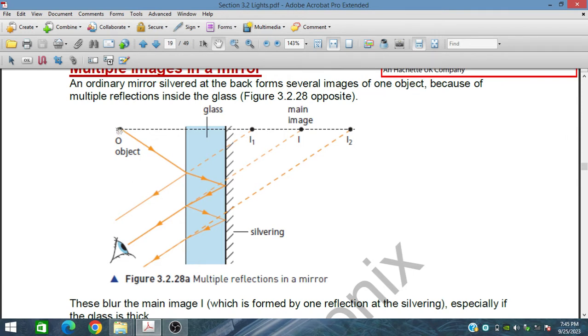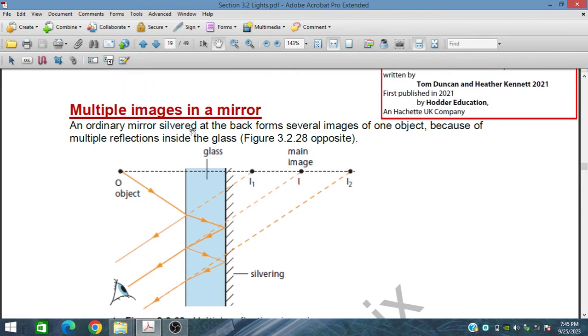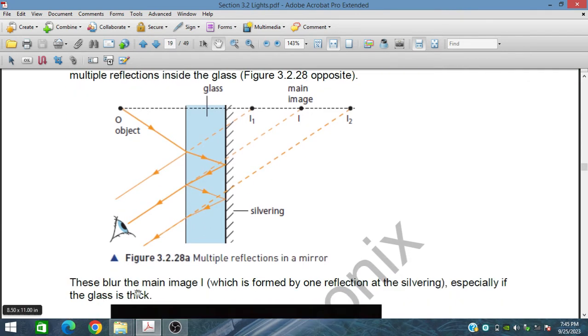So one object is placed here, and we see the reflection and images at this point, this point, this point, because of the multiple reflections. So this makes the object blurred. Because of multiple reflection inside the glass, as shown in the figure, these blur the main image. So this main image is this one, but I1 and I2 are basically blurring this image